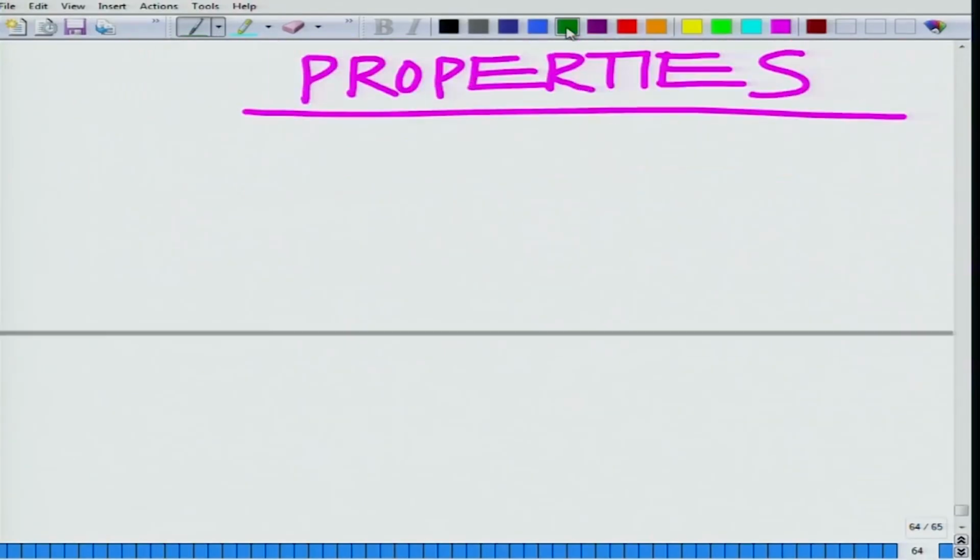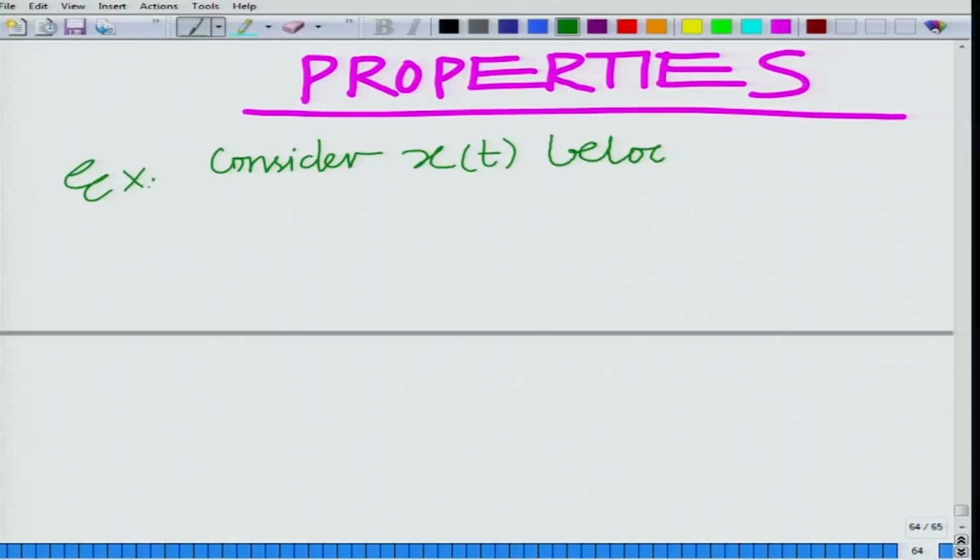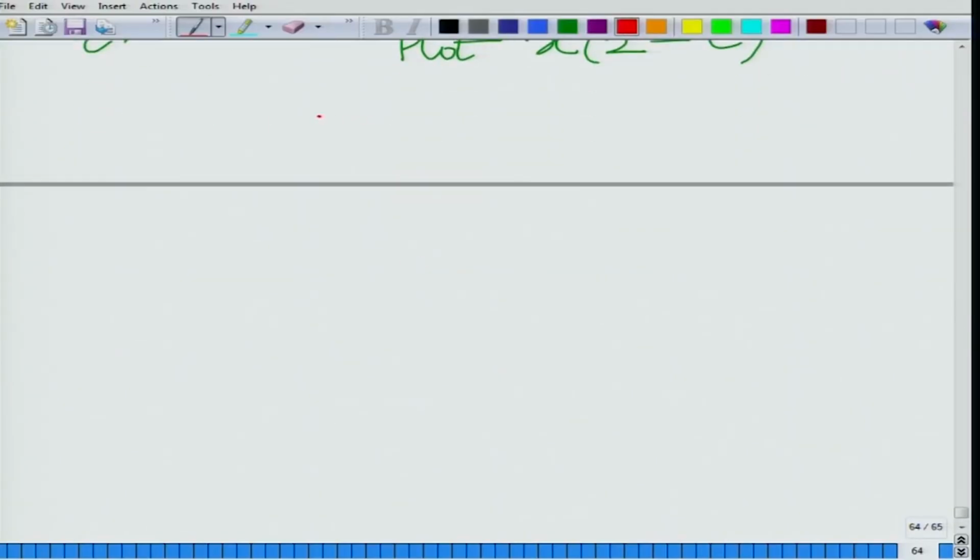Okay. Now, the first example, consider x of t given below and plot x of 2 minus t. Okay. And the signal x of t that is given is the following thing,